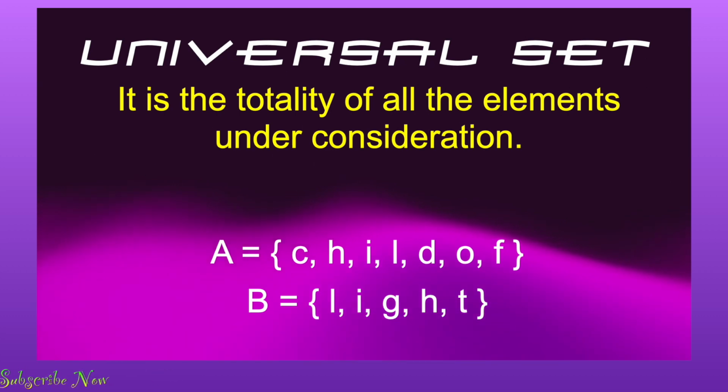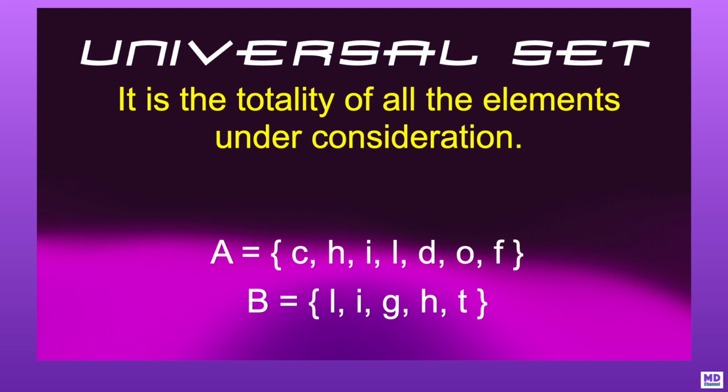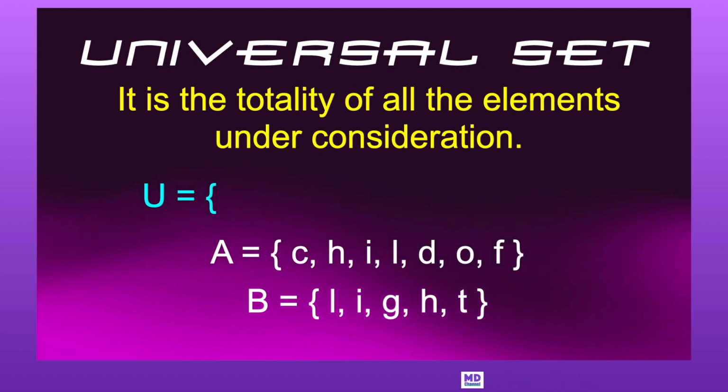The biggest set is the universal set. It is the totality of all the elements under consideration. So we can see all the elements of sets A and B in the universal set. So these are the elements of the universal set: